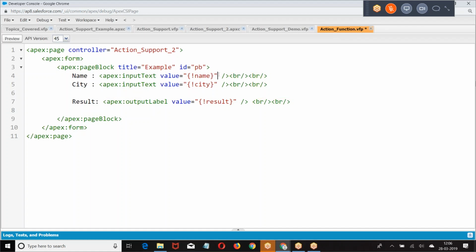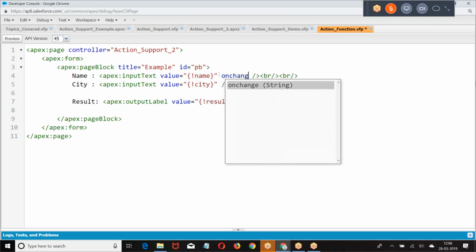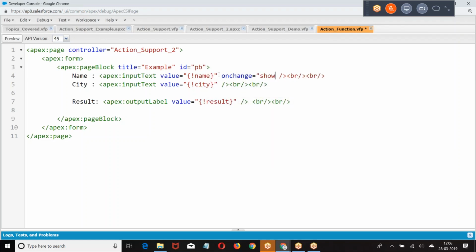Now, what I'm doing here, on change. When the event occurs, we want to call.